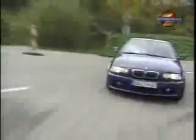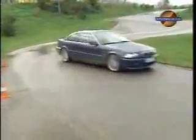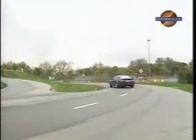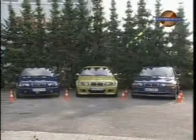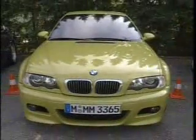But when driven with concentration, this bull of a car has almost unbeatable entertainment potential. And its performance stats, like 4.7 seconds for the sprint from 0 to 60, are pretty hard to find. To sum it up, 3 BMWs that couldn't be more different. The charismatic macho, the Hartge H50, the tenacious athlete, the BMW M3, and